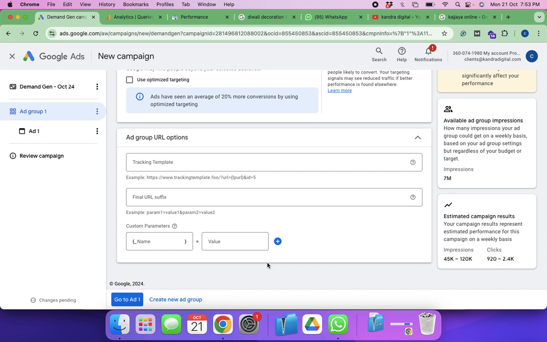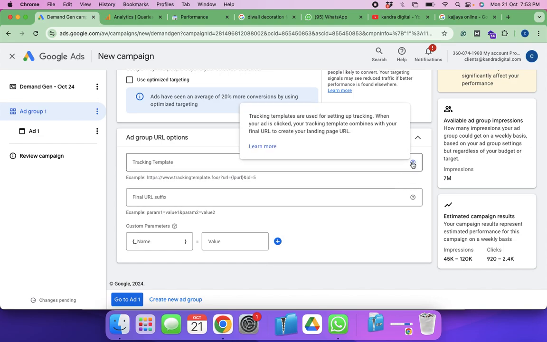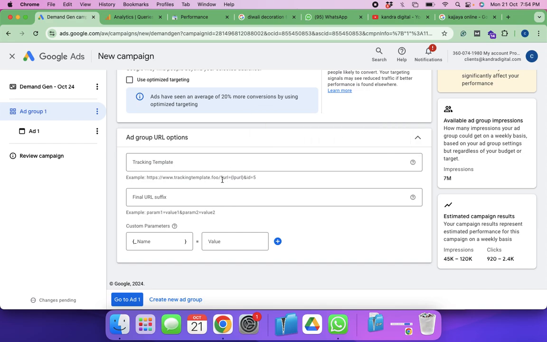Okay, ad group URL options. I think we haven't discussed this, right? Tracking templates are used for setting up tracking. When your ad is clicked, your tracking template combines with your final URL to create your landing page. So you can track something like this, keyword,